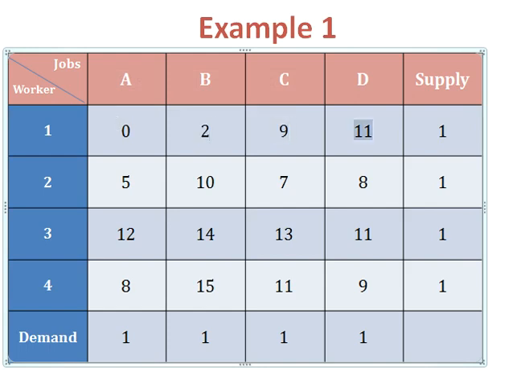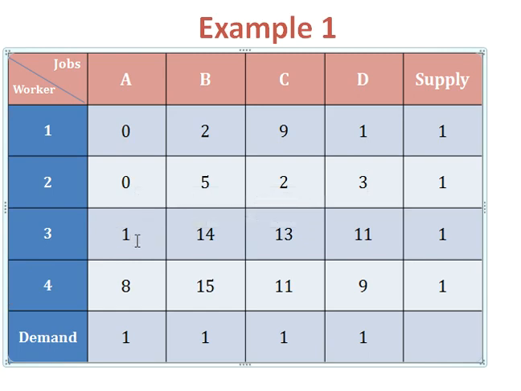So this becomes 9 and this becomes 1. Similarly, for the second row the minimum value is 5, so we'll deduct 5 from each element in the second row: 5, 2 and 3. Likewise, for the third row the minimum value available is 11, so we will deduct 11 from each element.